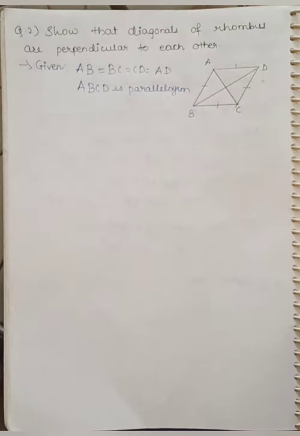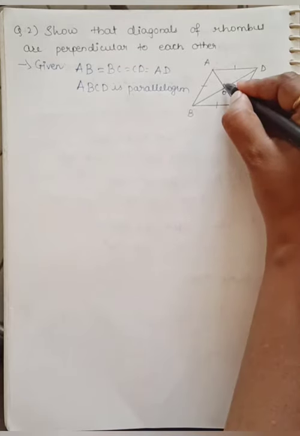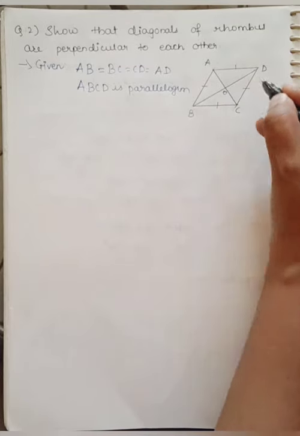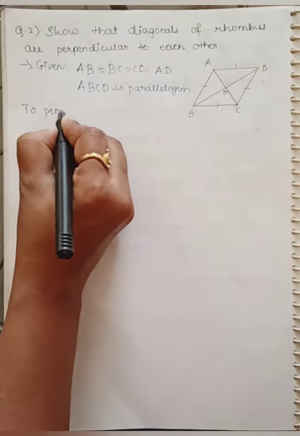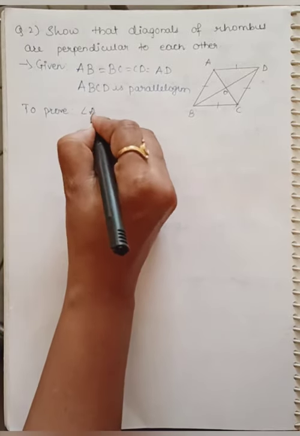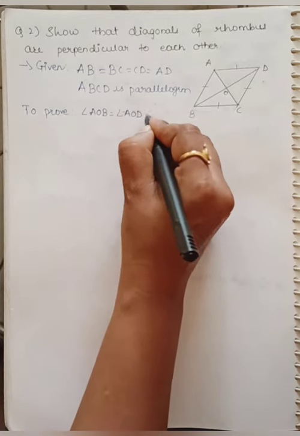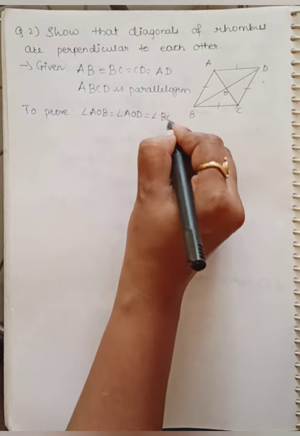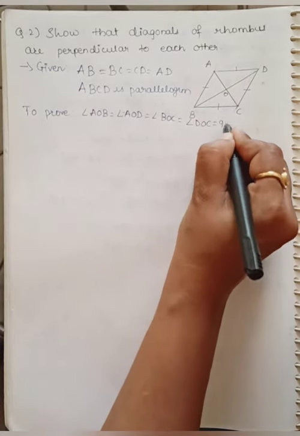That the diagonals are perpendicular to each other. It means the diagonals wherever they are intersecting, the angle formed here is 90 degree, isn't it? So what is your to be proved? It is angle AOB equal to angle AOD equal to angle BOC equal to angle DOC,